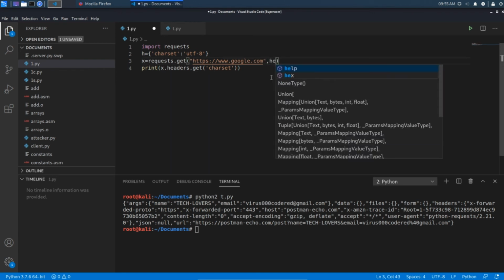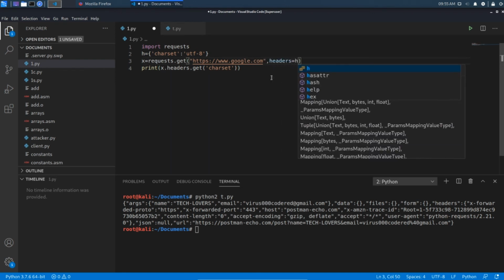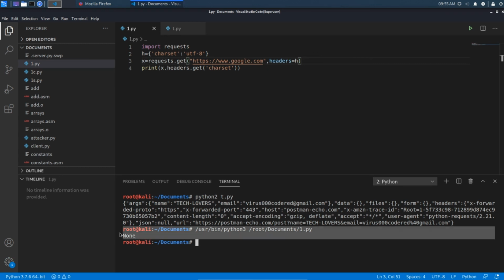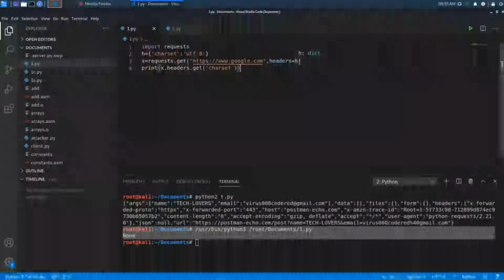Sorry, here we didn't pass our header value, headers equal to h. So you need to pass the header value here. None. See here, since we didn't get anything after passing the headers to it. So I forgot to pass the header in the object.